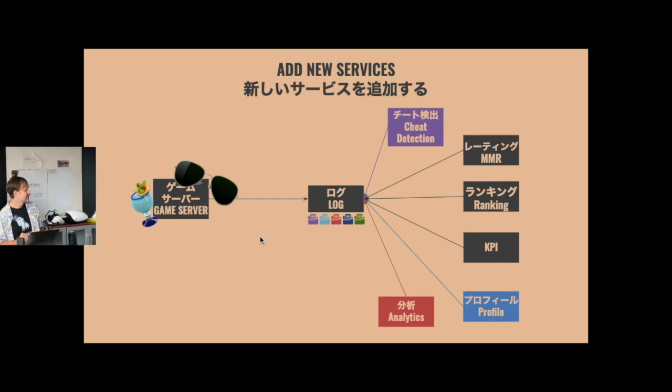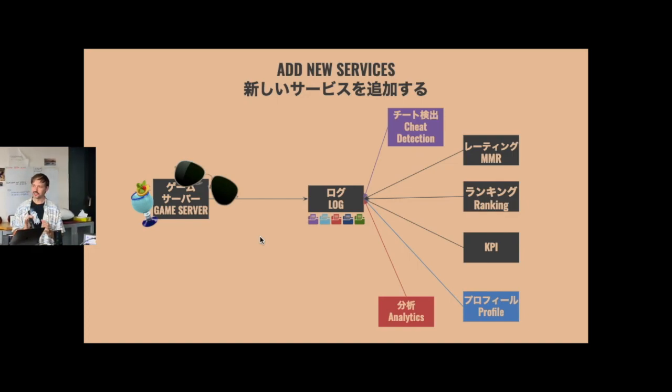We'll pretend that works. But the cool thing is, if I came to you and said, I want to do a user profile service where I want every user to see what maps they've played the most over the past few months, because that sounds really cool, right? And you would normally have to go, oh yeah, that does sound great. I guess we can start it now, and then a couple of months later, people can see their history. Well, if we have the whole history, we can generate all that data in the background, and when it's ready, give it to users. And it's as if it's always been there. It's really cool.